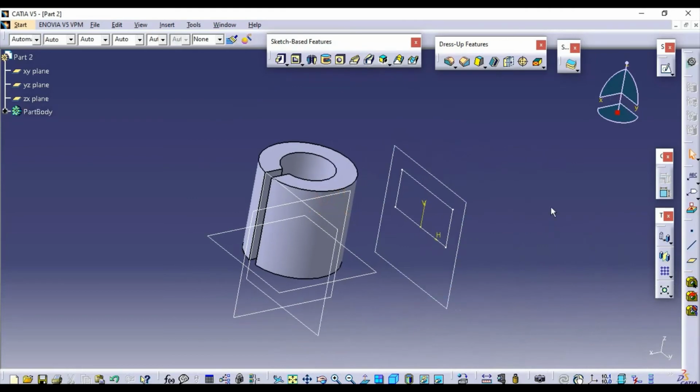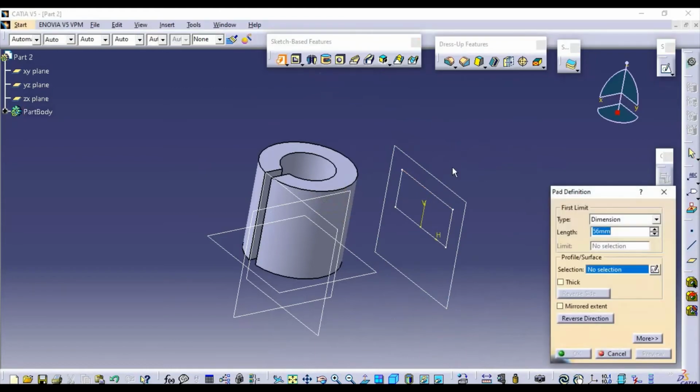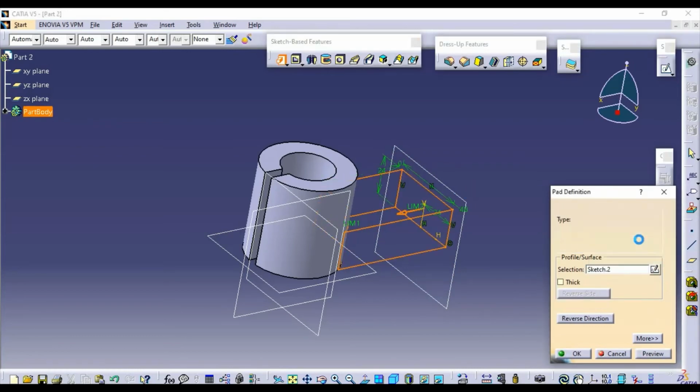Here in Type we select the sketch. In Type you can see we have various types, dimension, up to next, and so on. Here we will give the Up to Next option. After giving it, just select Preview, so you can see the extrude, and then click OK.